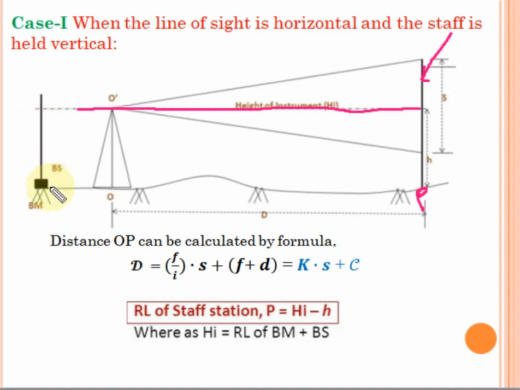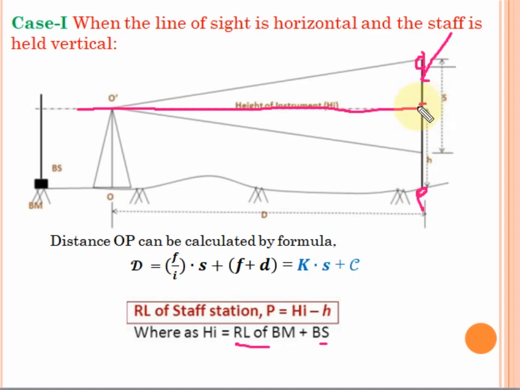The height of the instrument you can find out as the RL of the benchmark plus the backside reading. So you have to get the height of the instrument. This is the horizontal line of sight, that is nothing but your height of the instrument. When you bisect your object, you have to get your first reading,